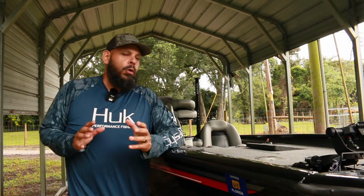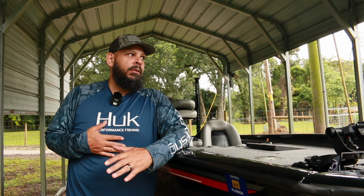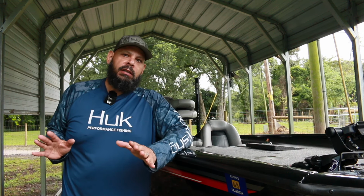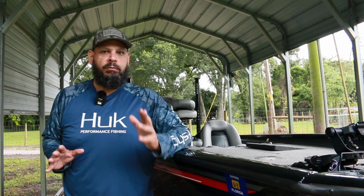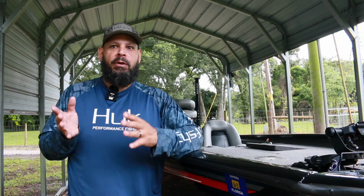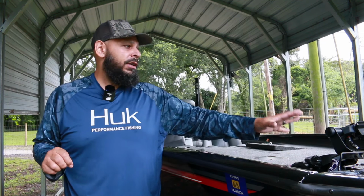Now, when you buy a charging bank for your boat, our boat came with a 2-bank charging bank, very slow. Get a 4-bank, trust me, get a 4-bank. It's gonna cost a little more money, but you're gonna wanna have 4 batteries in this boat. Especially if you're running live scope from Garmin or any of the Humminbird version or Lowrance's version, that head unit and your actual plotter units,